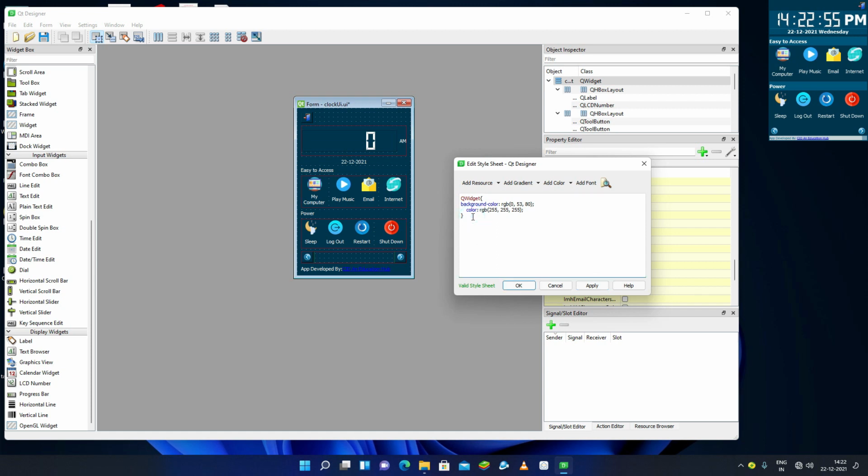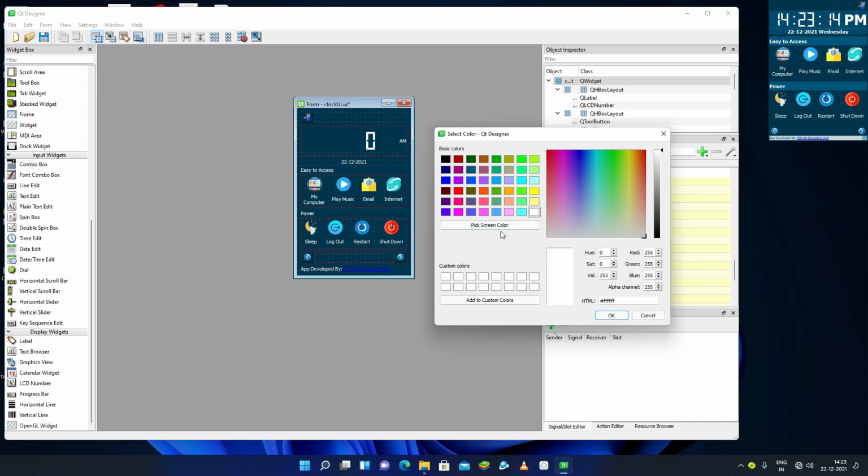Okay, done. Now we can also change the background colors for every label. So I can select here Q label and under the curly brace let's pass the background color. The background color will be the same but something lighter.